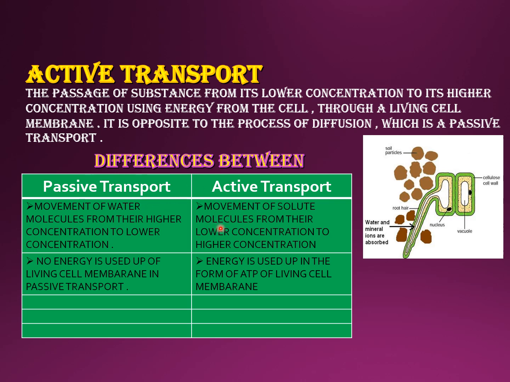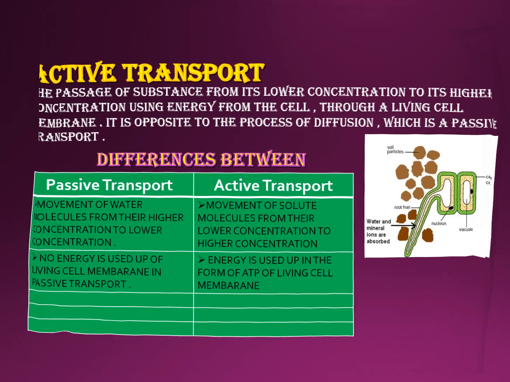You can refer to that. You can see in this figure again, the cell wall is made up of cellulose, and the next adjacent cell is already absorbing the water and minerals from the soil. Now it will move from this cell to the next adjacent cell. When this cell becomes flaccid after absorbing, this cell becomes turgid. Again the next adjacent cell becomes turgid once again. In this way the water moves from the soil to different parts of the plant body, or to the aerial parts of the plant body.